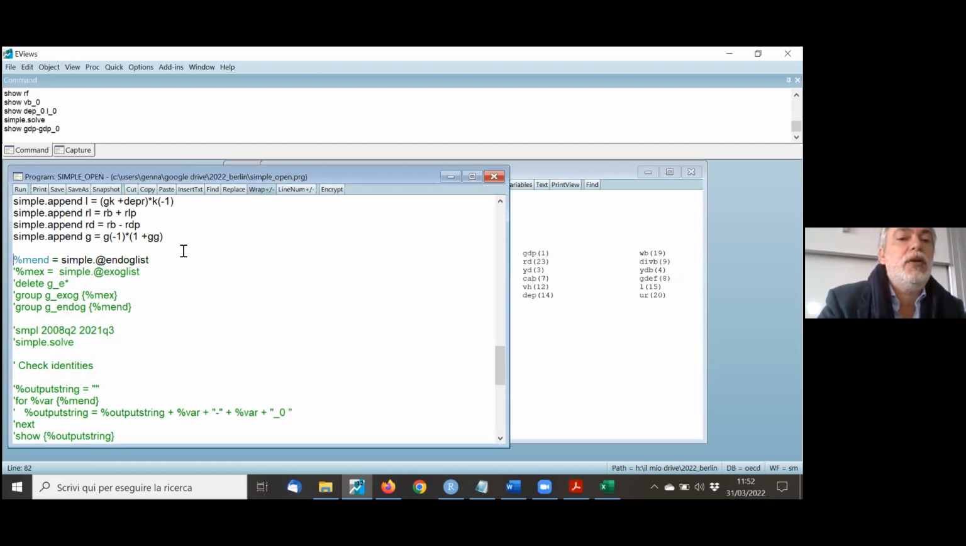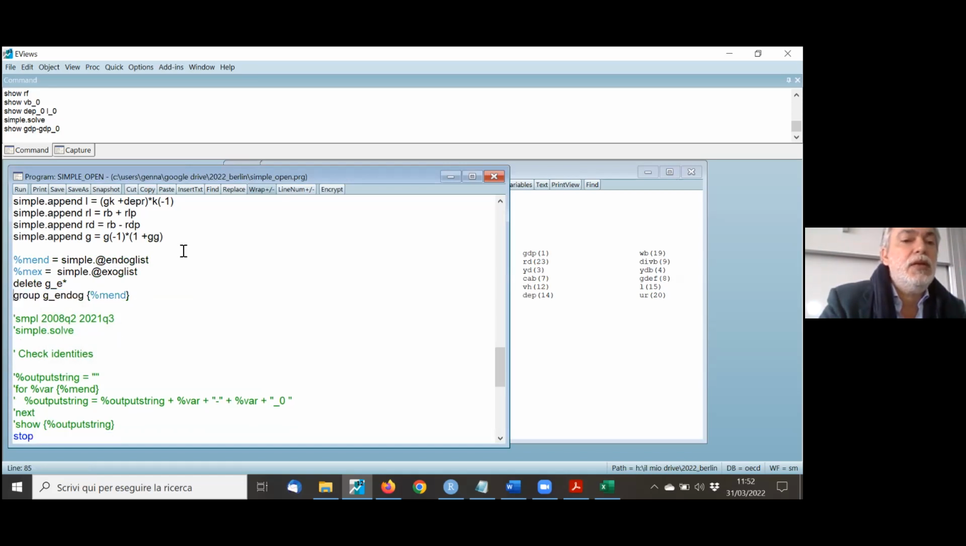So again, this creates a list of the endogenous. This creates the, well, this is not really very relevant. This creates the group of endogenous variables, which is also not necessarily relevant. This specifies the sample for the solution. This solves, and now this creates my loop to show